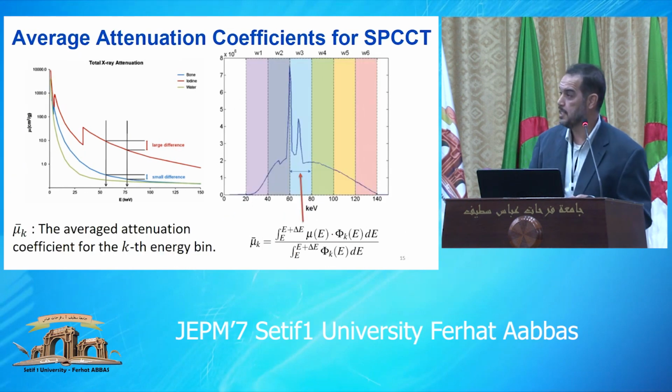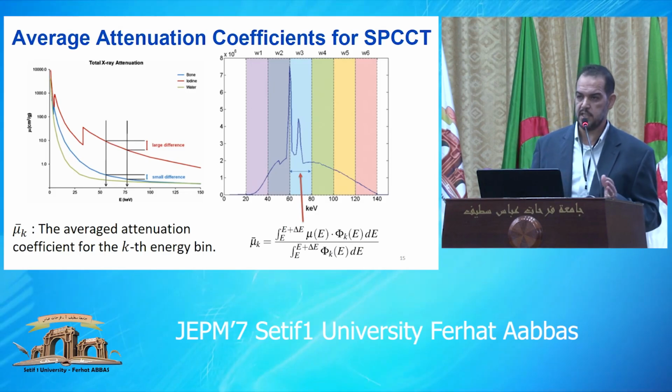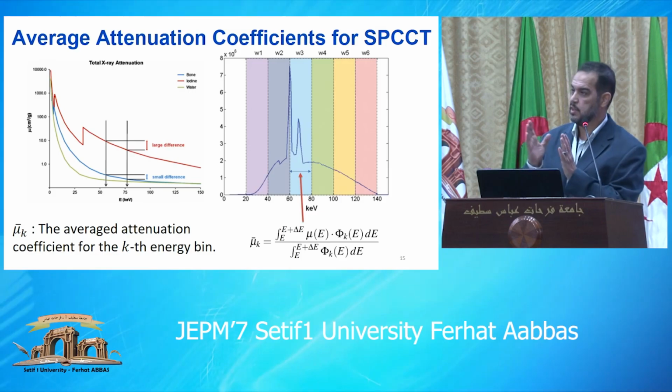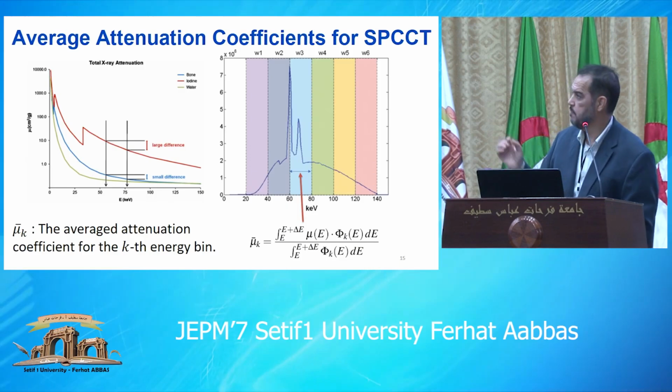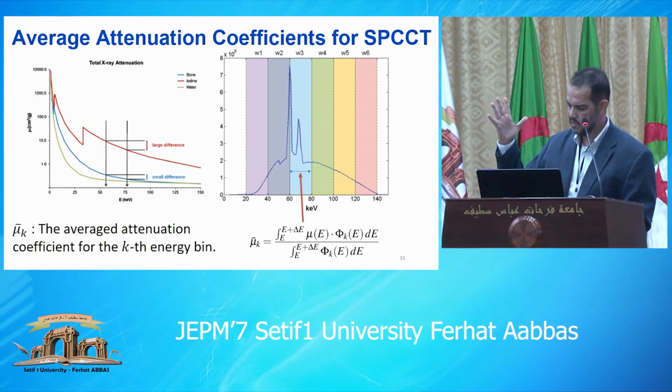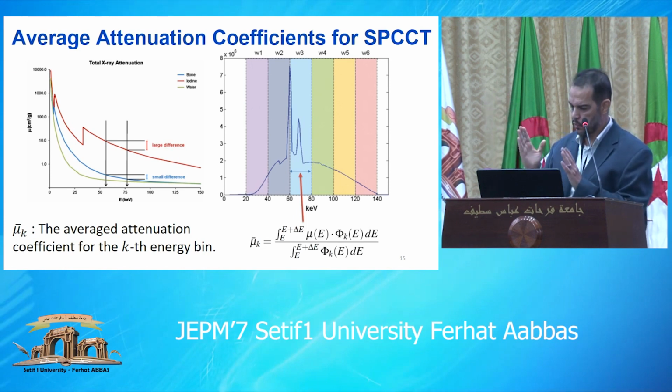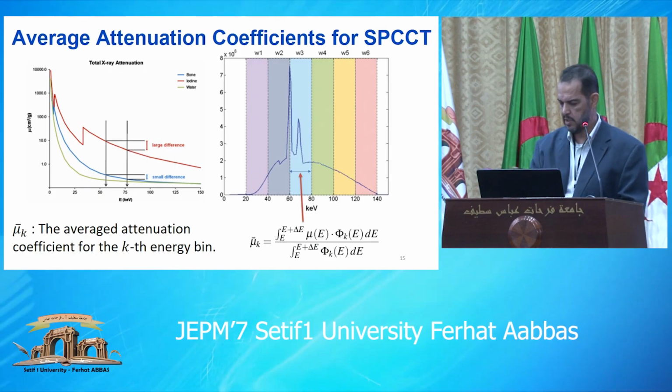When we do spectral CT, instead of only two energies, you use a single spectrum, but the detector has the ability to differentiate between different energy windows. So basically, for each energy window, we obtain a pixel value that is the average attenuation coefficient for that window. So we get, in our case, 5 images. Each pixel in each image will correspond to an energy window, and the attenuation coefficient is approximately